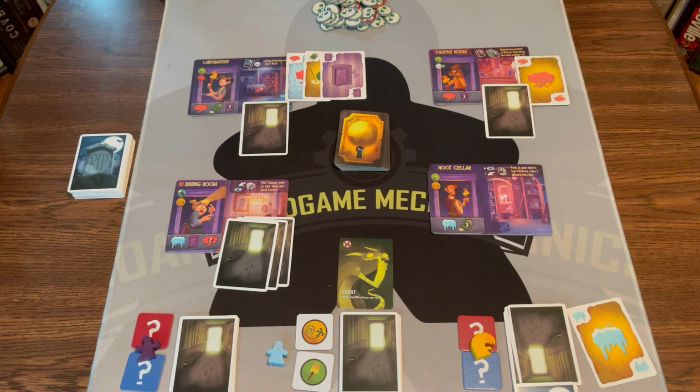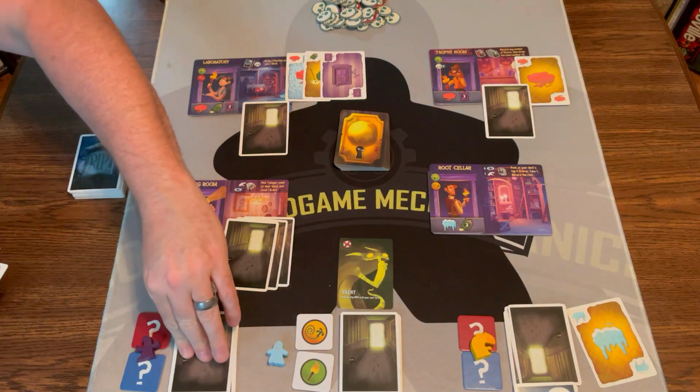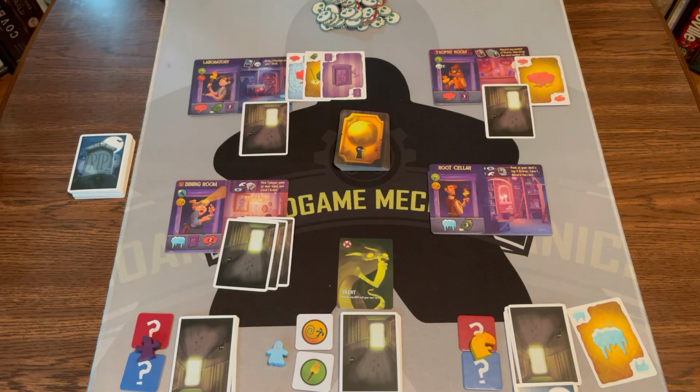And purple is just going to draw 2 cards because they have 1. So they'll draw 2. And then they're going to play 1, 2...